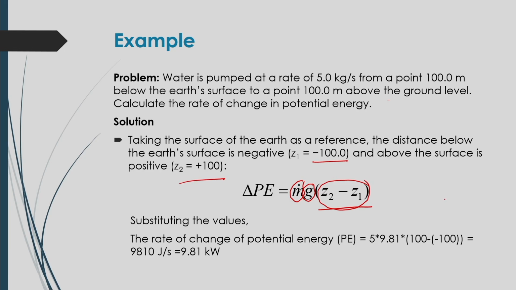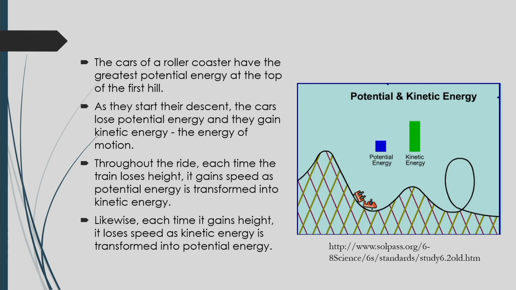So we can say that this difference will be equal to 100 minus minus 100, so it will come as 200 here. If you multiply this with the mass flow rate and the gravitational acceleration, we get the rate of change of potential energy as 9.81 kilowatt. Now, let us compare this potential and kinetic energy and how it is changing, converting potential energy